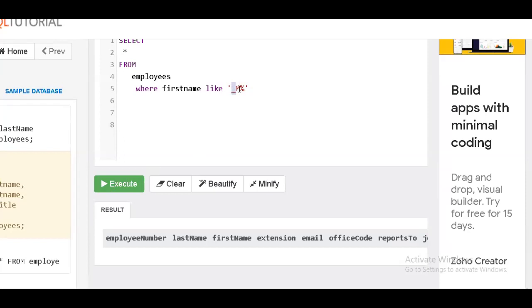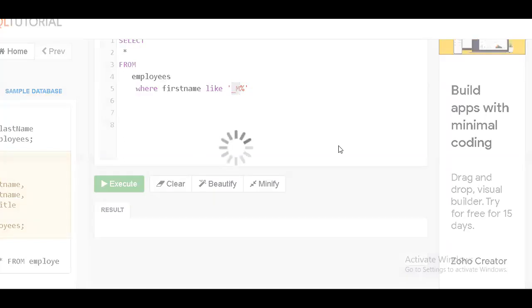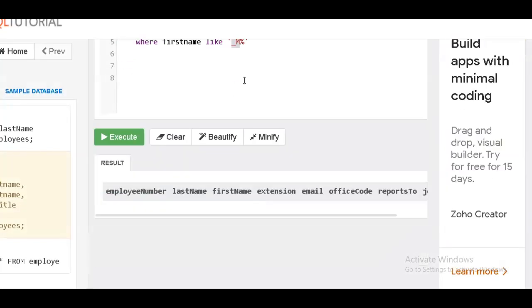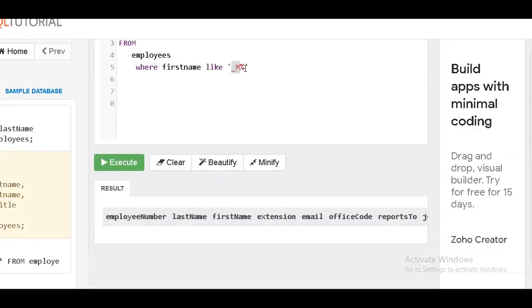First can be anything, but the second word of the first letter should be M. Again, we will see whether it matches or not. If it matches, there is no record with that. So let me try for something called any other record. Say, first of all, we check it like this. And I'll say E. Thereafter, we'll see.